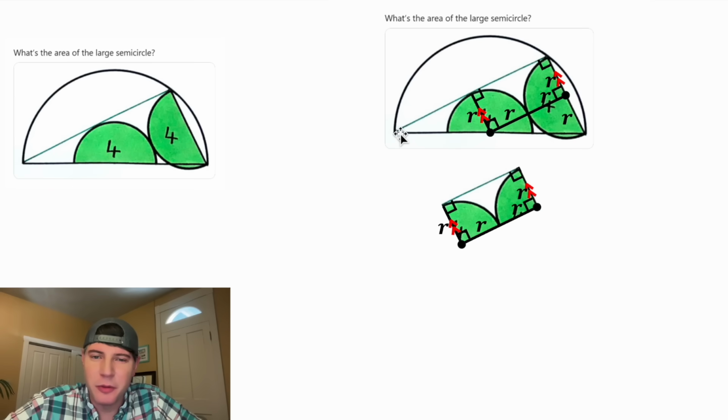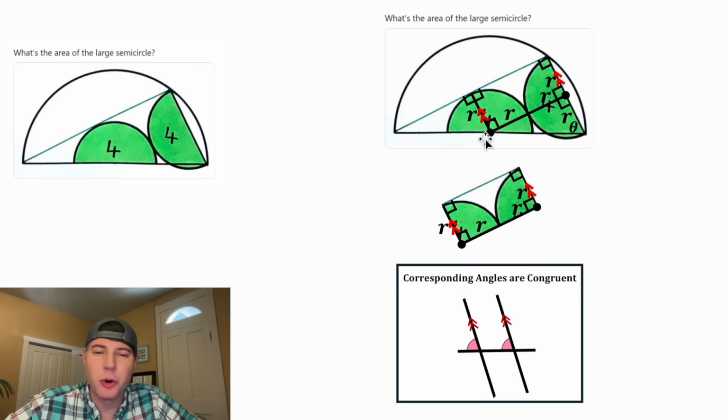And then from here, I want to focus on these triangles. Since this angle is right, this angle will be right. And since this angle is right, this angle will be right. And then we can label this angle theta. And then this angle is corresponding to this angle, so it will also equal theta degrees. Here's the notes for corresponding angles. Anytime you have a transversal cutting through two parallel lines, these two angles will be congruent, and they're called corresponding